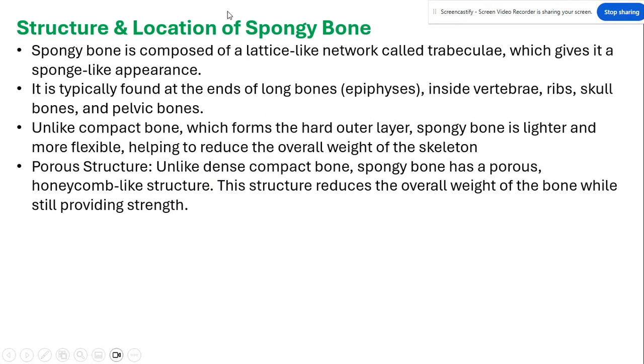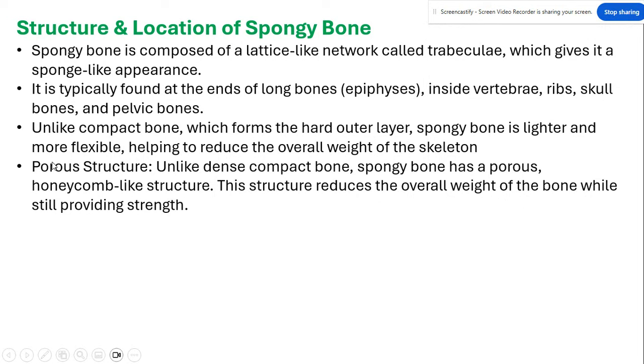Structure and location of spongy bone. Spongy bone is composed of a lattice-like network called trabeculae, which gives it a sponge-like appearance. It is typically found at the ends of long bones, the epiphysis, and inside vertebrae, ribs, skull bones, and pelvic bones. Unlike compact bone, which forms a hard outer layer, spongy bone is lighter and more flexible, helping to reduce overall